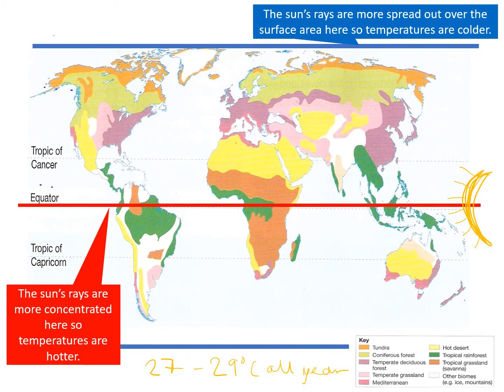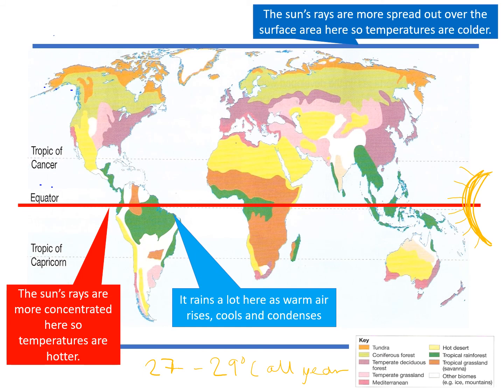Now, the further away we move from the equator, the sun's rays are less concentrated, so we get colder temperatures. So if we come back to the equator where the sun's rays are more concentrated and think to our knowledge of the water cycle from science, we know that because the sun is beaming down, it's going to create the air to be very hot. So that hot air will rise. So I'm going to draw the air rising. So it rises,